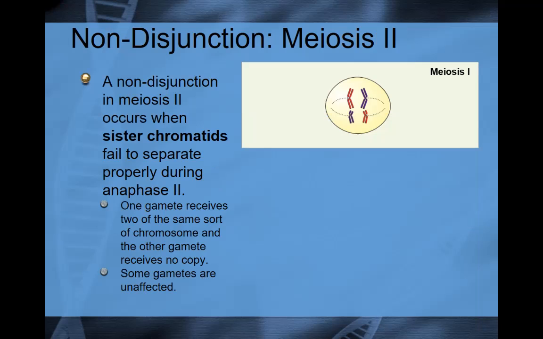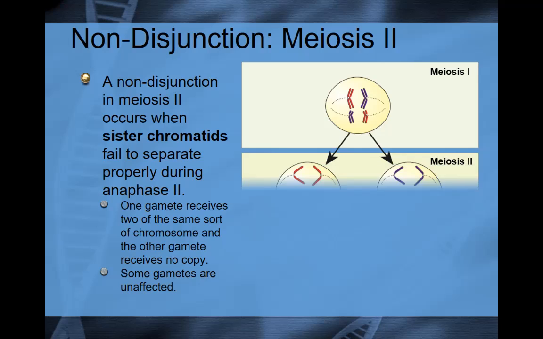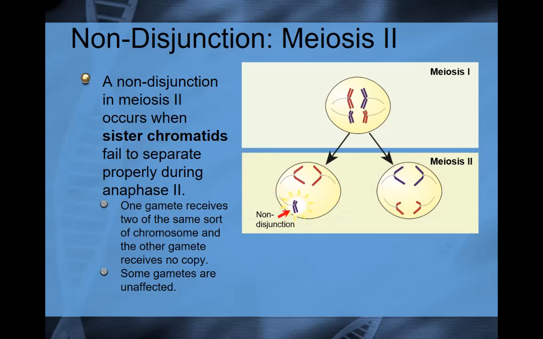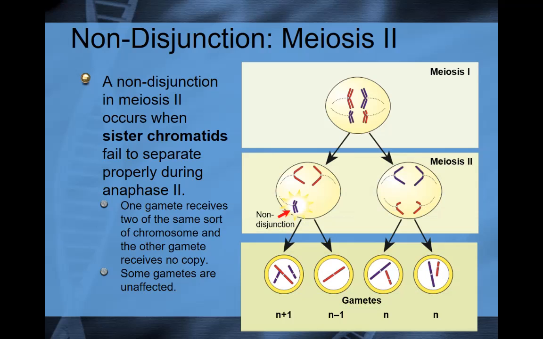So meiosis I goes along normally and nothing happens incorrectly. But when we get into meiosis II, the point where we would normally separate out the chromatids doesn't occur properly. But in this particular case, instead of producing 4 gametes that are going to produce abnormal aneuploidies, we end up with only 2 out of the 4. Okay, one that has too many, one that has too few, and 2 that are normal in terms of their